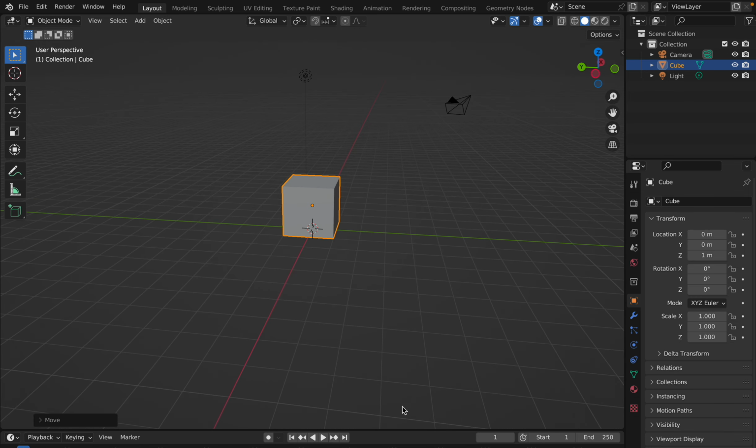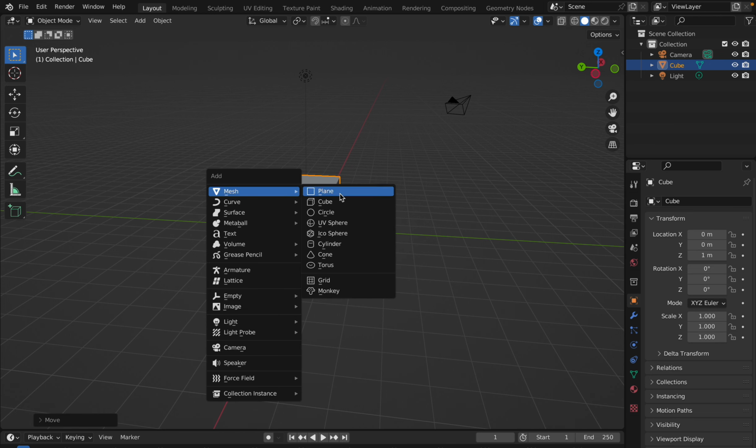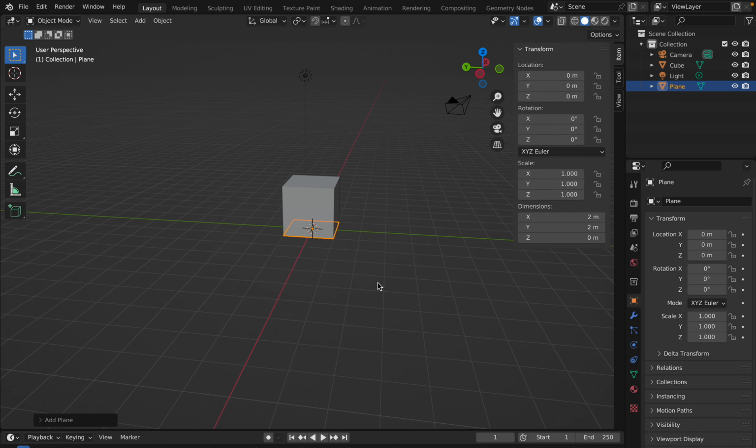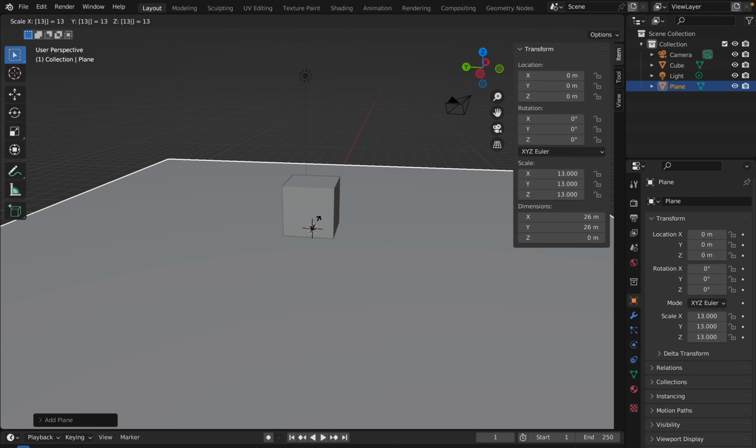I want to add the actual floor, and that's going to be a plane. So I'll do Shift A and add a mesh, and here it's going to be a plane, and after that I will do S to scale. Actually, I don't like to scale. So you could do the scale, or you could just come in here and change the dimensions. So if you scale, with this open, I'll do S to scale. It multiplies whatever dimension is in here, so I'll do 15,